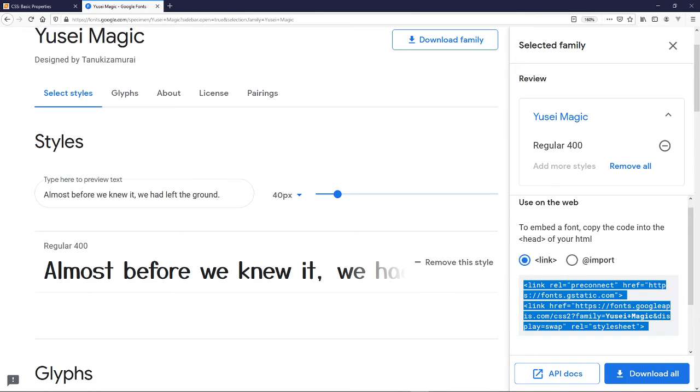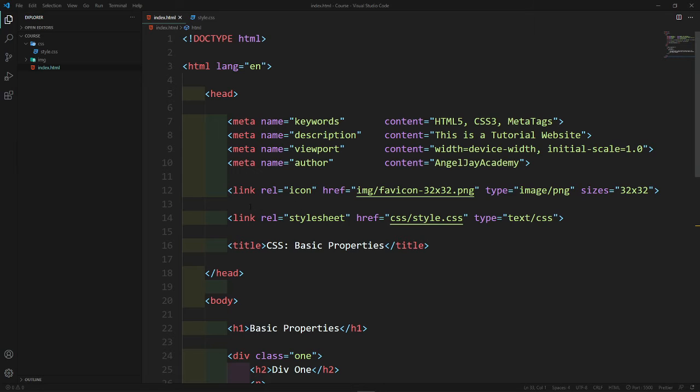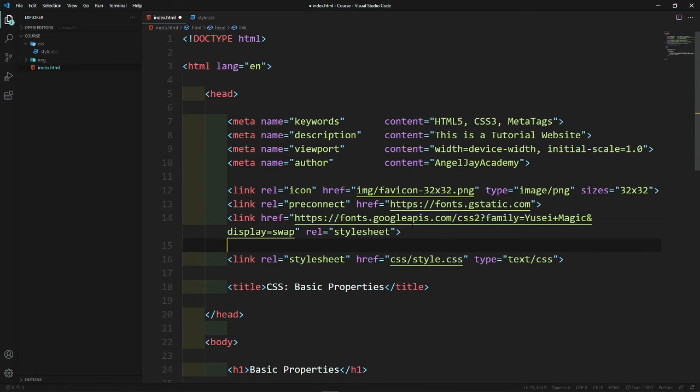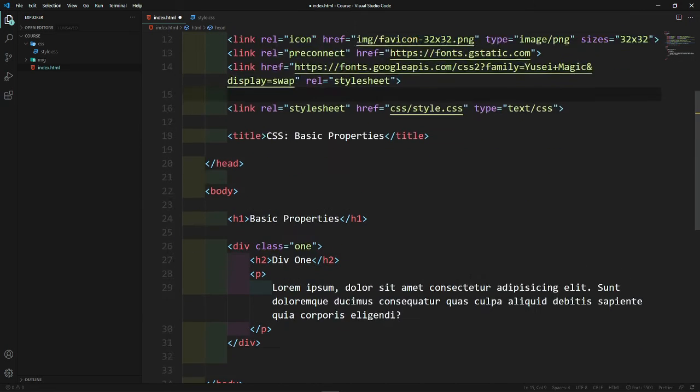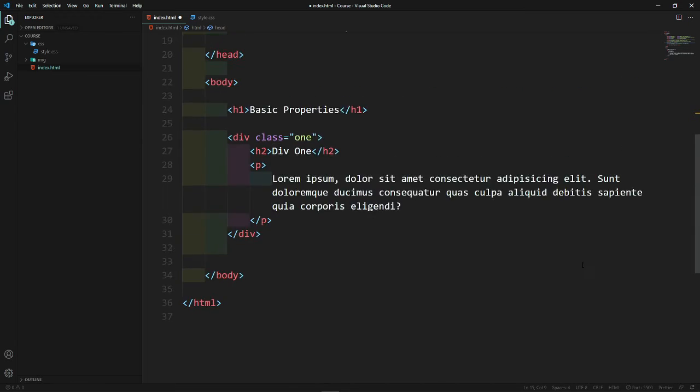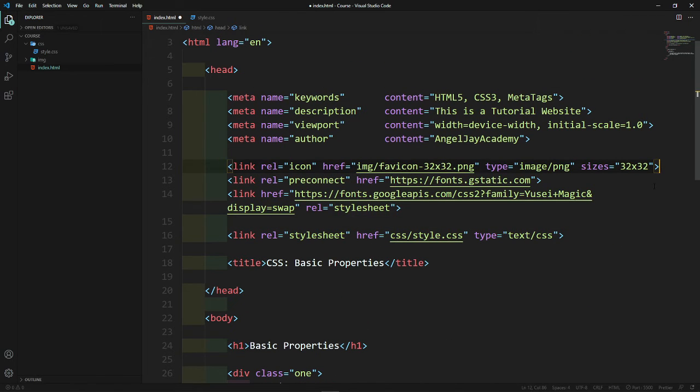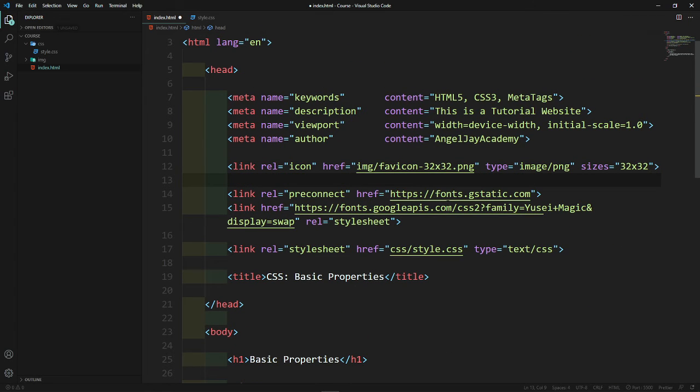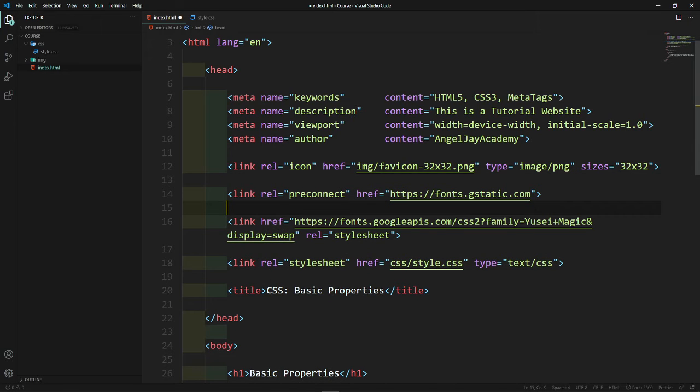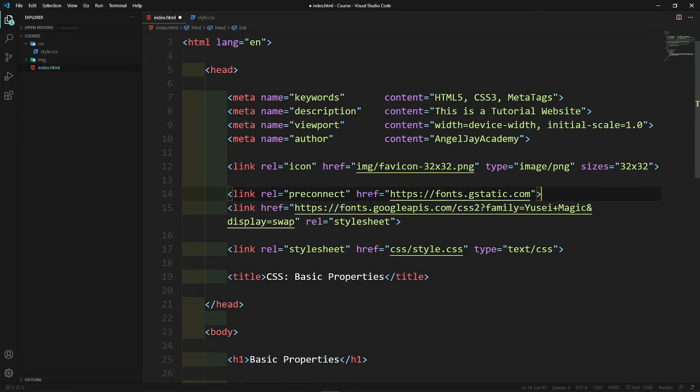Then we go to VS Code. Now just above your style sheet, see this is our style sheet right there, and we paste in that link right there. So let's just paste it in. Right, so here is the link right there. Okay, so right here, paste it in right there. And the next part that we're going to do,